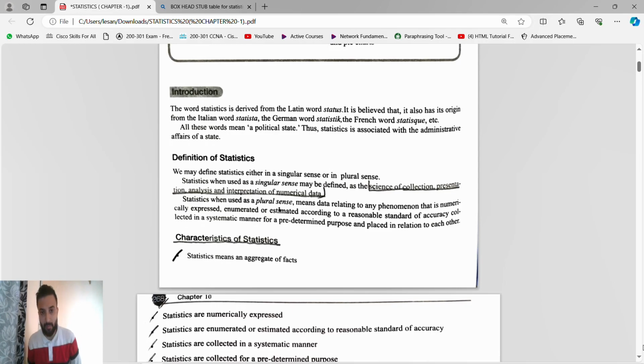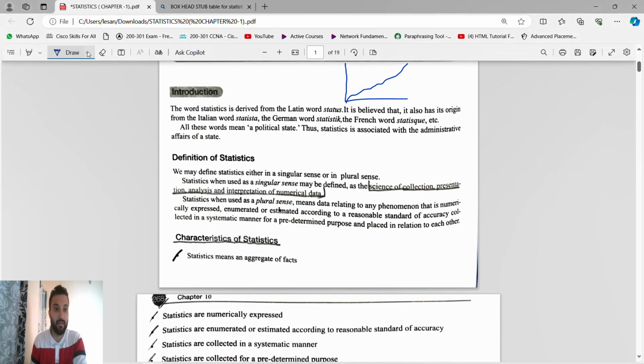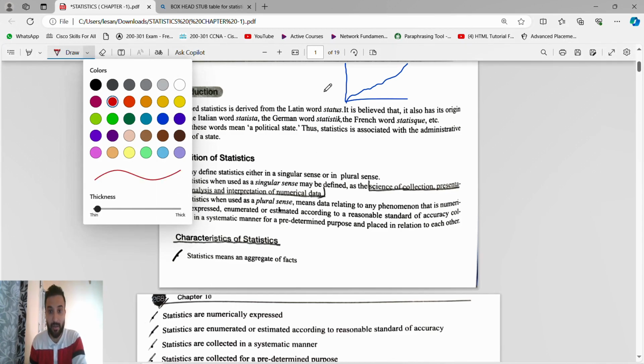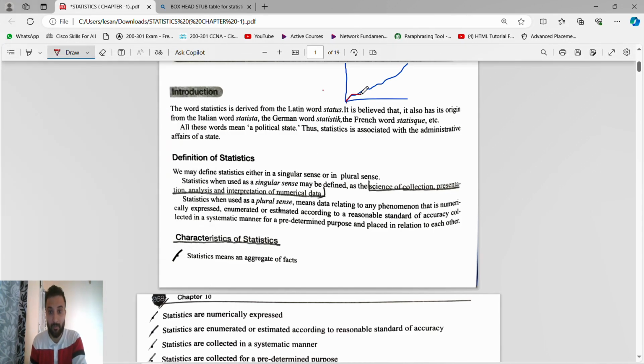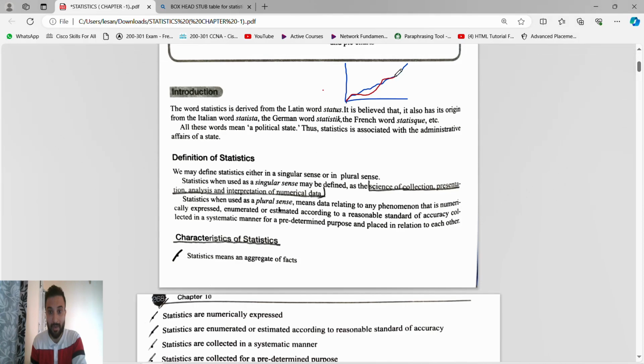If we say statistics, like everyone sees the cricket match, right? You'll say now what are the stats, right? Then you will see the graph. The graph is comparing the two teams. They will make the first team's graph like this. Then the second team who is playing, sometimes they go down, up, like this. So this is the stats. So how will they represent it in a graph?